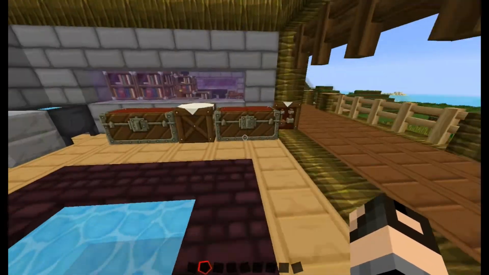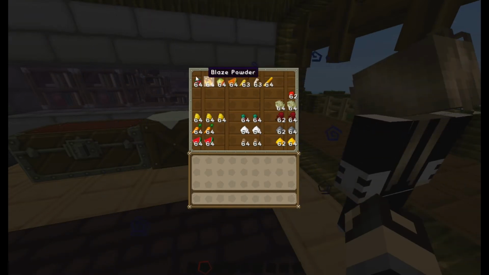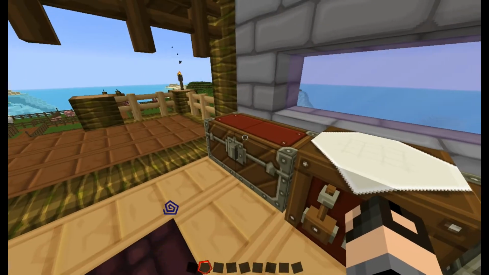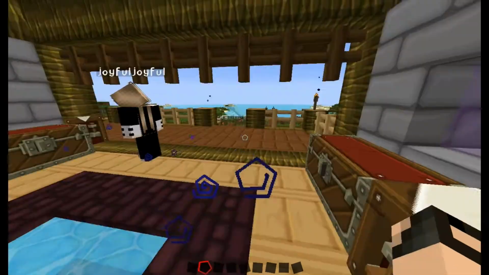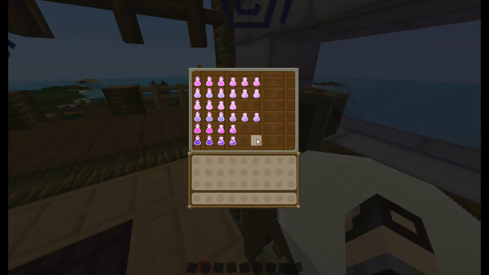Again, there's loads of different things you can do with all these different ingredients. So you've got glistening melons and ghast tears and rabbit's feet and fermented spider's eyes and all sorts. All of them will make all these potions. Now I've put them in these chests in all of their forms. So if you look in this first one,